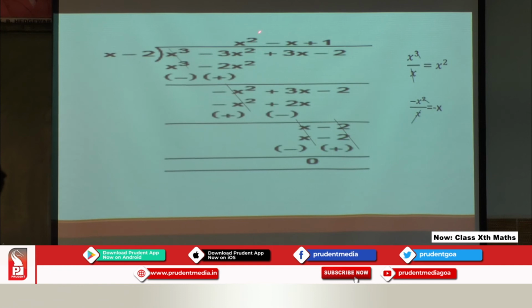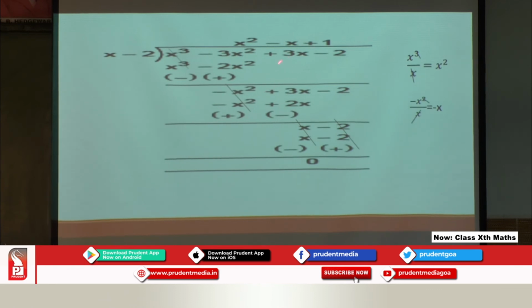The next step, we should multiply x square by entire term of the divisor, that is x minus 2. So x square into x, that is x cube, minus into plus minus 2 into x square, that is 2x square. Again we should subtract, so sign is changing, positive negative, and negative is changed as positive. So here we can cancel the first term, so here that is equal to 0. Now minus plus, again subtract, so 3 minus 2, that is 1 x square, but greater number is negative, so negative sign. Now bring down the same terms, plus 3x and again minus 2 here.